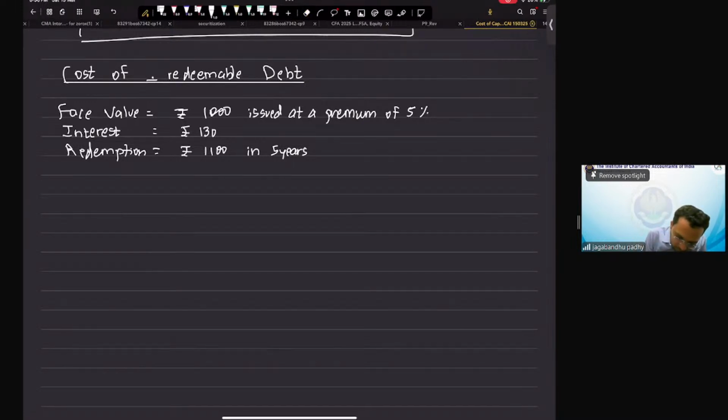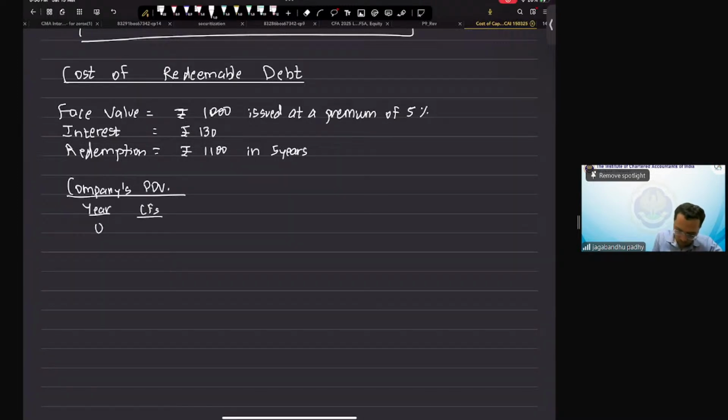Sorry, I think I made a mistake. This is going to be redeemable debentures. The cost of redeemable debentures, we are definitely going to redeem it. Now, when we are going to redeem it, we issued it at a premium of 5%. Interest is 130 and redemption is 1100 in 5 years. Now, if you think of it from the company's point of view,